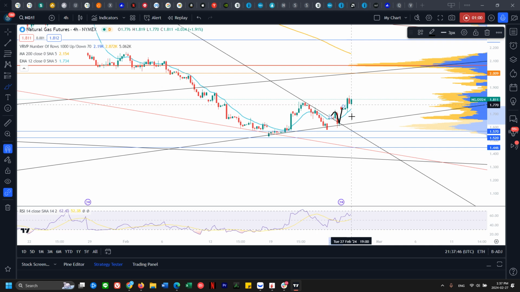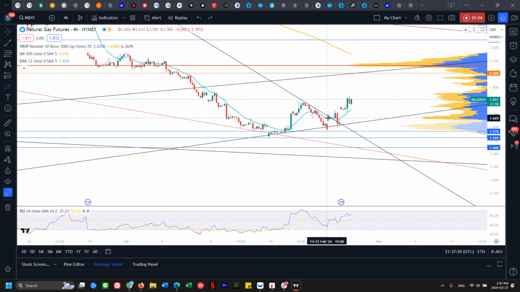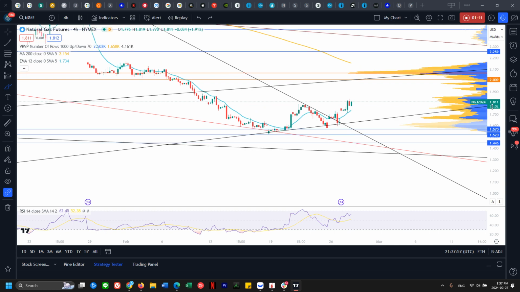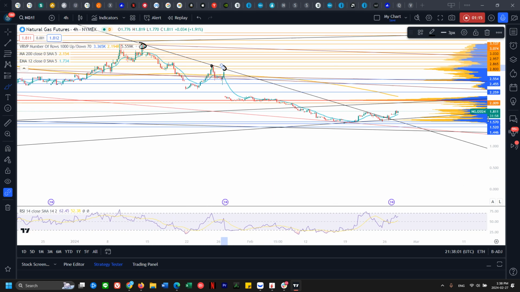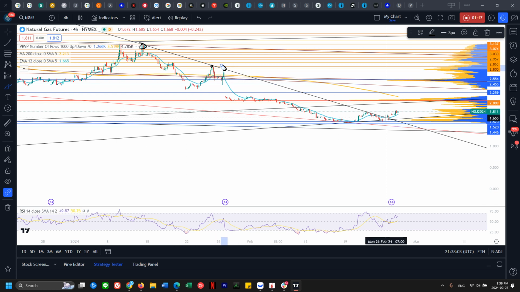So that's a good sign for the bulls because we back tested the resistance. So when we broke out of the resistance, which is this black looking line, and back tested it, now it becomes support. So that's a good sign. It was acting as resistance back here as well, all the way back up to here. So you can see 1, 2, 3, 4, and we finally broken out of that.